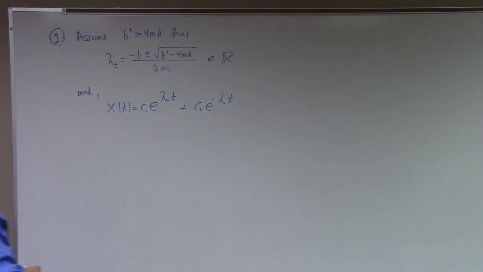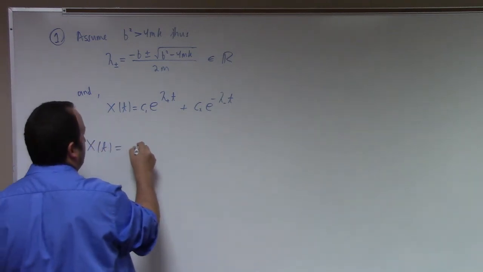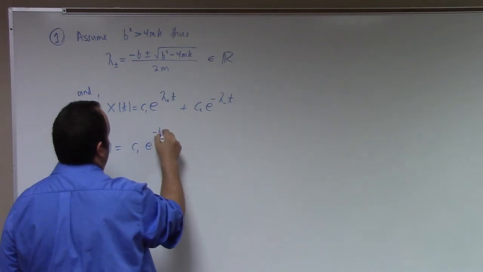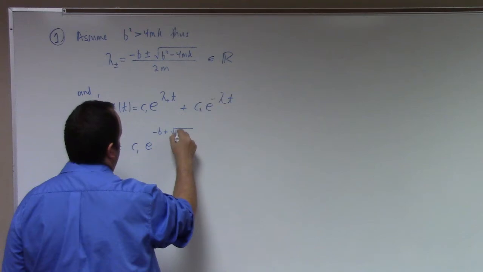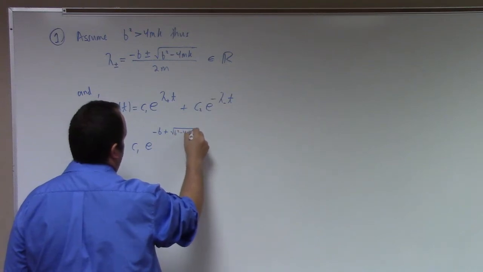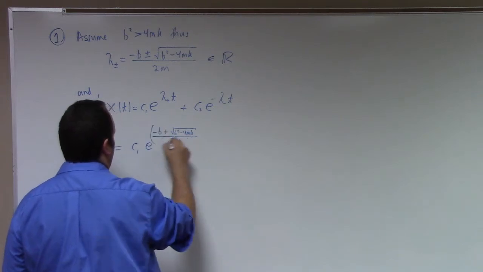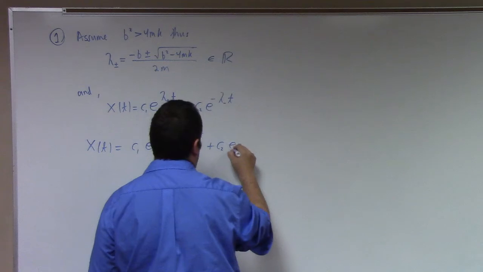I don't know if it's that exciting, but here's the explicit formula. C1 e to the minus b plus the square root of b squared minus 4mk, all divided by 2m times t, plus c2 e